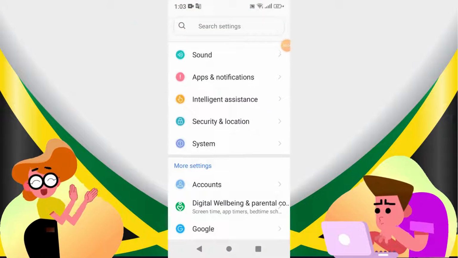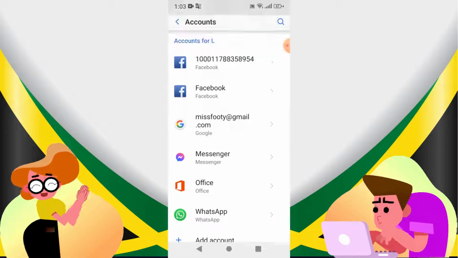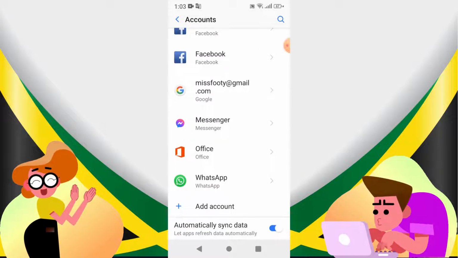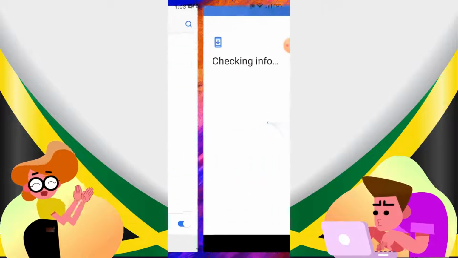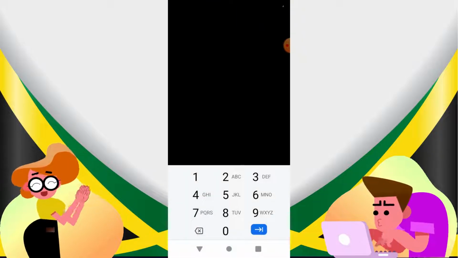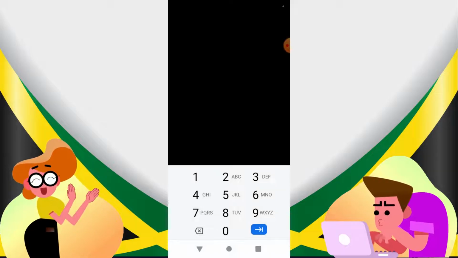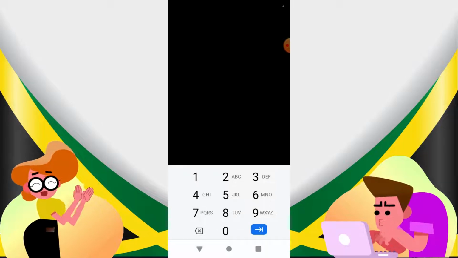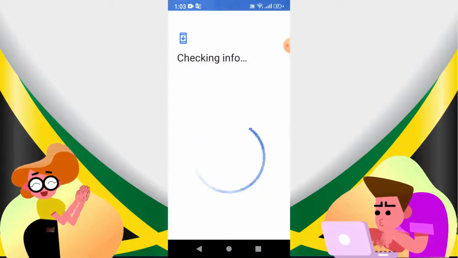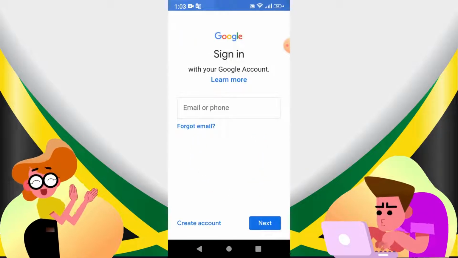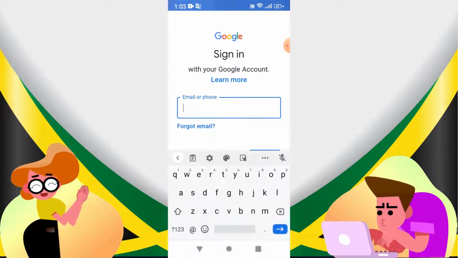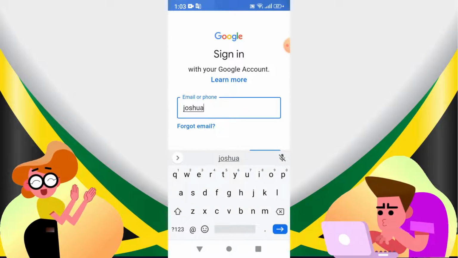Parents, guardians, or anybody else who is helping the child to get this set up on their device, remember, if it is an Android device, you just go into settings, accounts, add account, click on Google, because you are adding another Google account to the device. Now you're going to use the email address that you received from the school, the one that has the child's name and birthday at